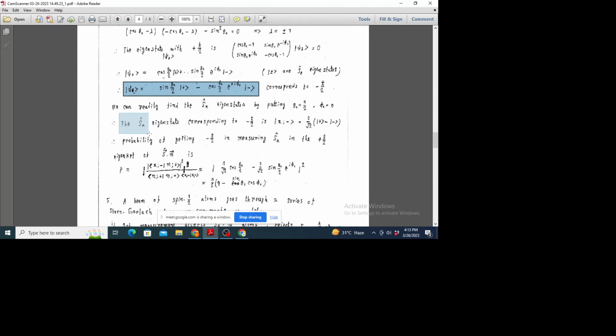Thus, the Sx eigenstate corresponding to the eigenvalue minus h cut by 2 is simply this linear combination: 1 by root 2 times plus ket minus minus ket. Now we have found the eigenvalue in which the system was originally in, and the eigenvector in which